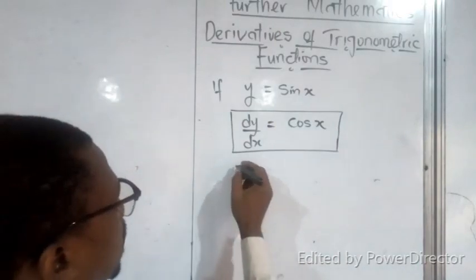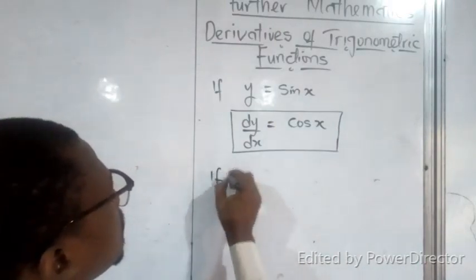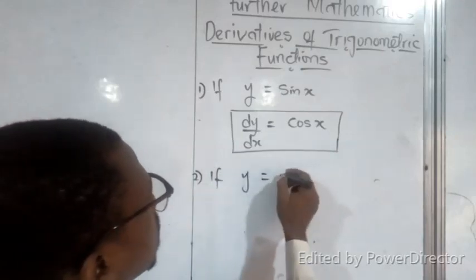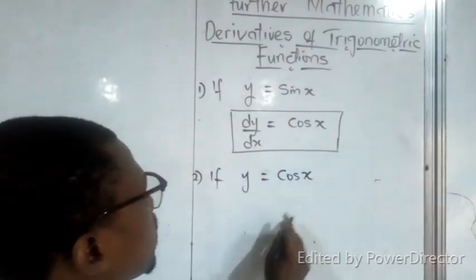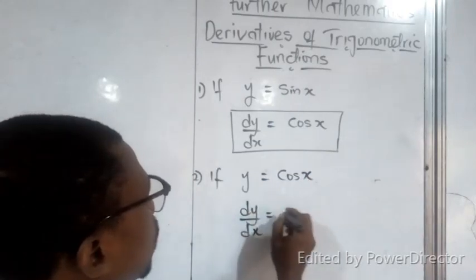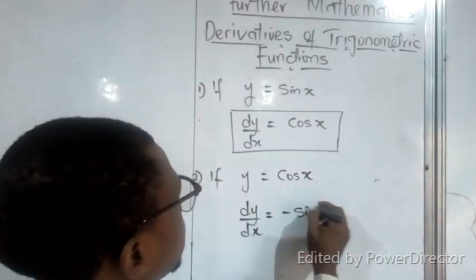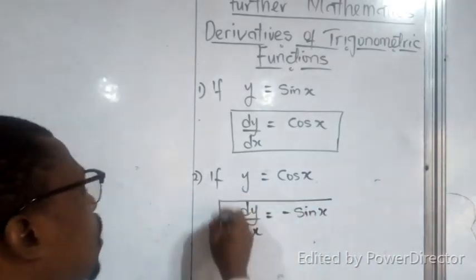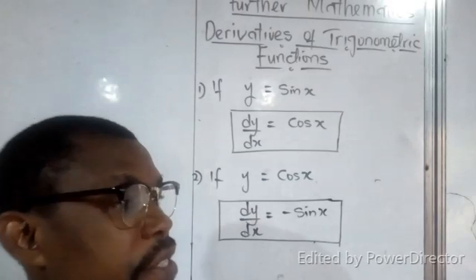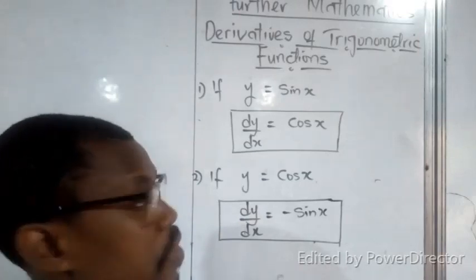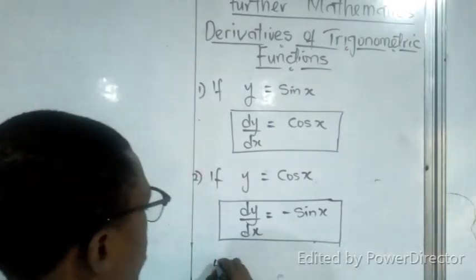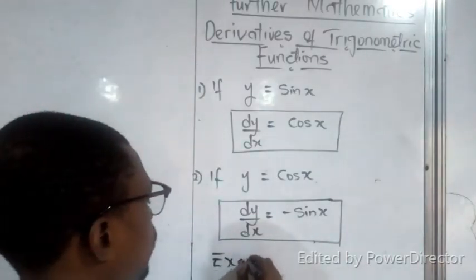Also, it has been established that if y is a function of cos x, then dy dx, which is the derivative of cos, is minus sine x. Now with these two, we can go ahead and derive the rest of the trigonometric functions. So the first example,